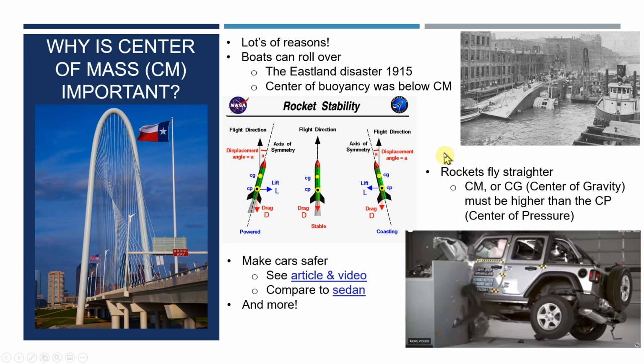And by the way, we're going to get into center of pressure later, which has to do with rockets. There's other centers of force. Center of buoyancy is where the force is centered due to buoyancy on a ship. Where is the pressure centered due to aerodynamics on a rocket? NASA calls it CG for center of gravity,